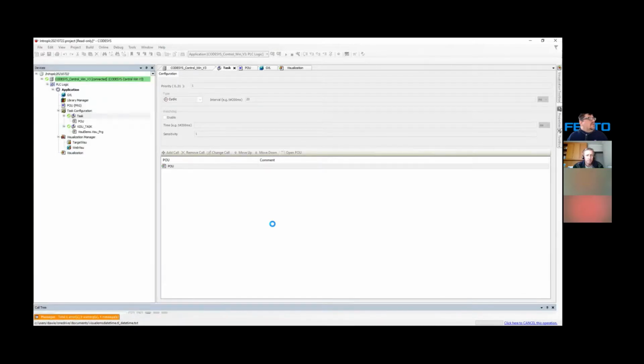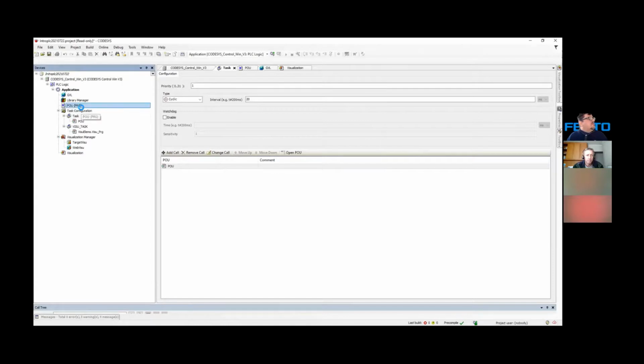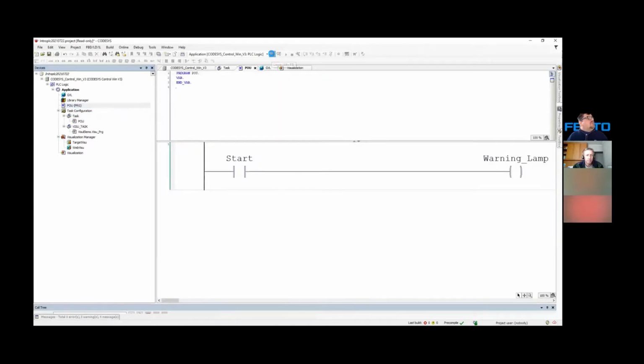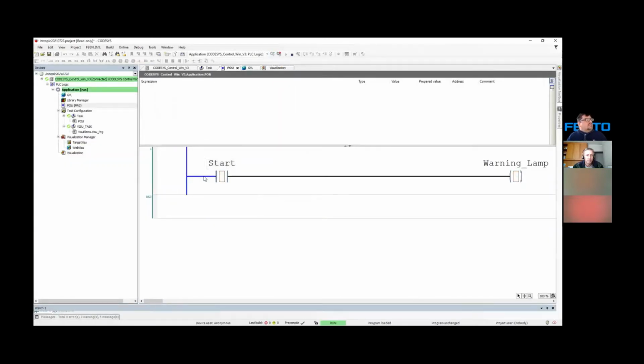All right, there it is now. It's downloaded into my PLC. I'm going to go back into the POU. I'm going to go to log into the PLC. Okay, now you can see that there's a start, but if I'm actually going to now go to the visualization,